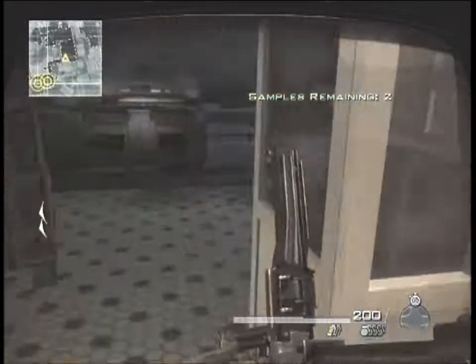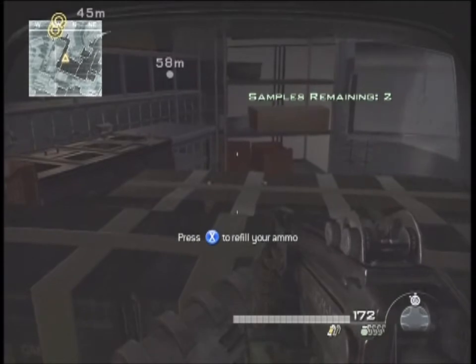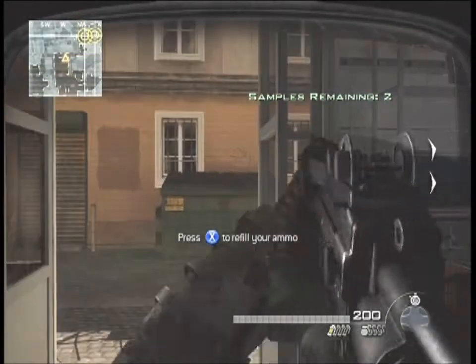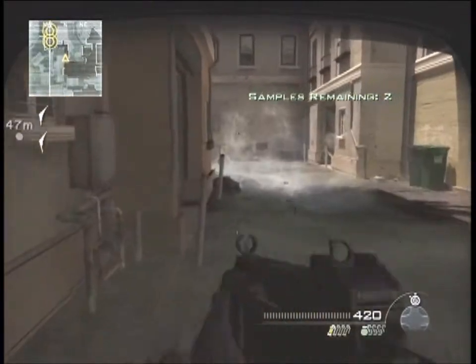Don't forget, you can come back in this room if you want to pick up your other gun, but you can also refill your ammo here. So that's also something that's kind of a really good perk, something nice to have. Okay, now that you've killed the Juggernaut, you refilled your ammo, and you're pushing forward to go get the last 2 samples,